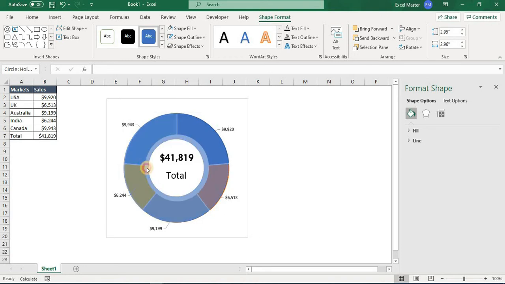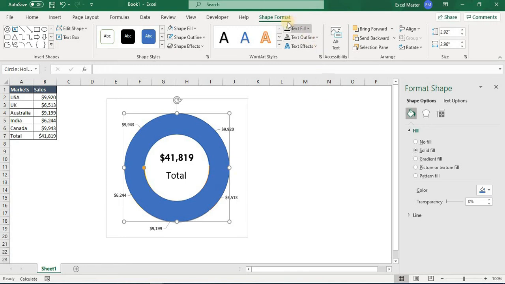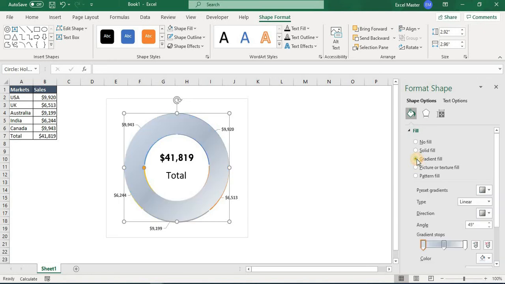And we can adjust the size with this. First, in Shape Format, we will remove the shape outline, and we will go to Format Shape. We will use the gradient fill.